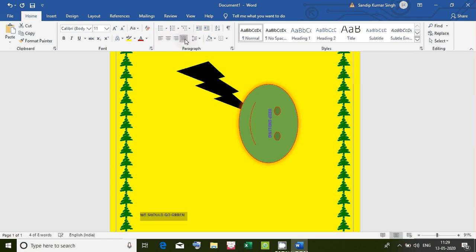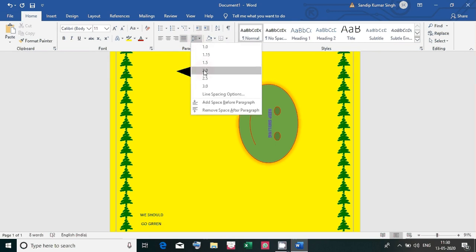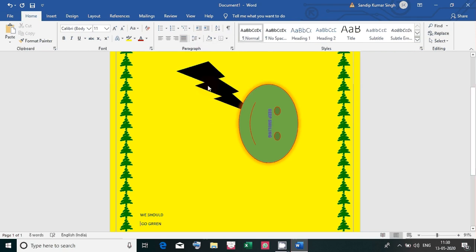And indentation, as I told you, what are indents? Indent is the distance between the margin and the word. So this is the difference from alignment. Alignment means placing the text on the page: left, center, right, and justify. Justify means like a paragraph. Then there is something called line spacing. I will discuss it once again. Line spacing is the space between the lines. You can make it 2, 3. So that is the space between the lines.